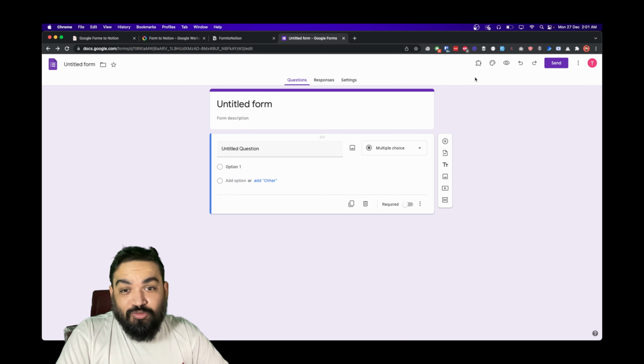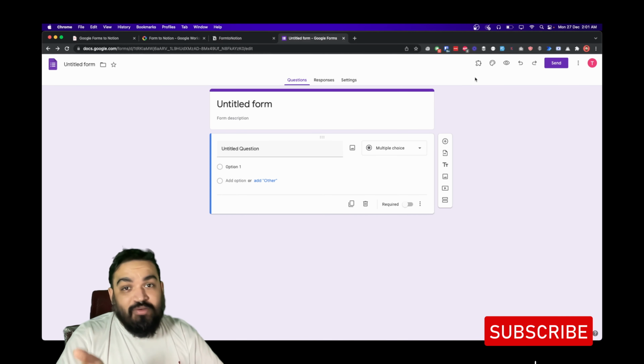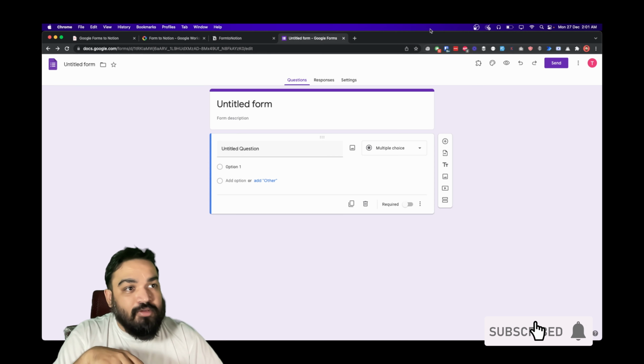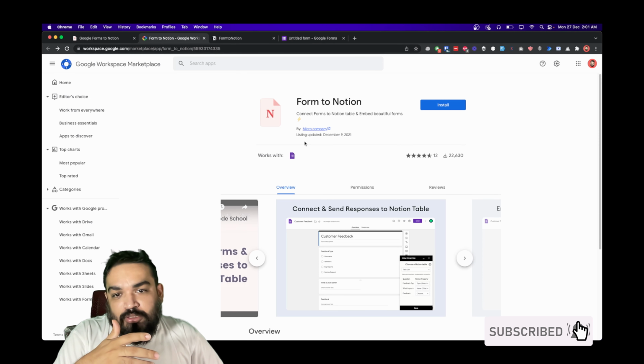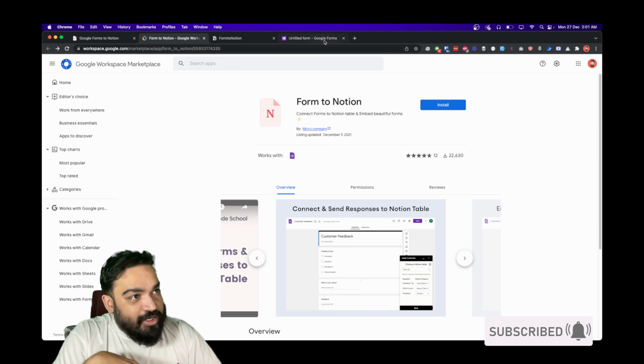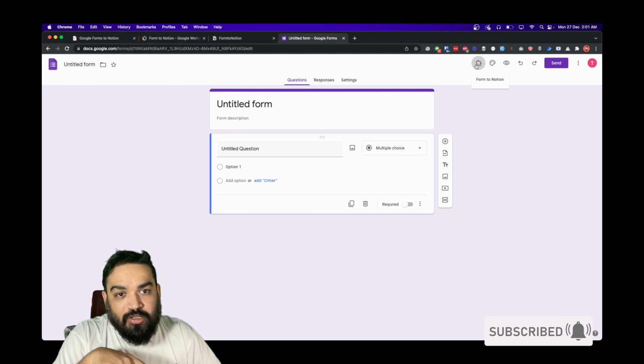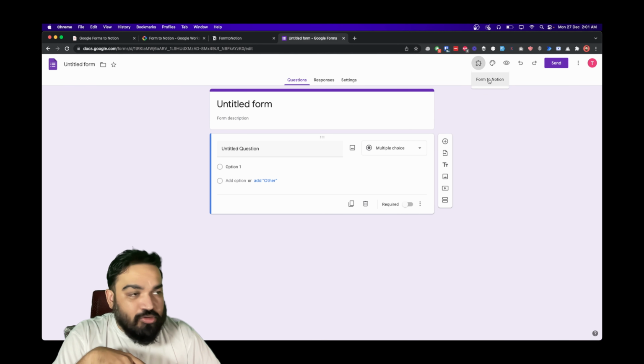So when you're creating a new form in Google Form, or if you have an existing form, once you've done adding the add-on that we looked at, you can just find it under add-ons tab right here. If you click on it, you'll see form2notion, right?